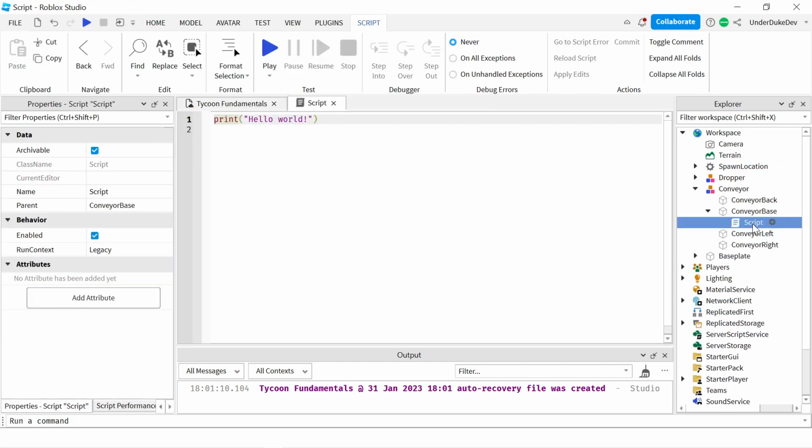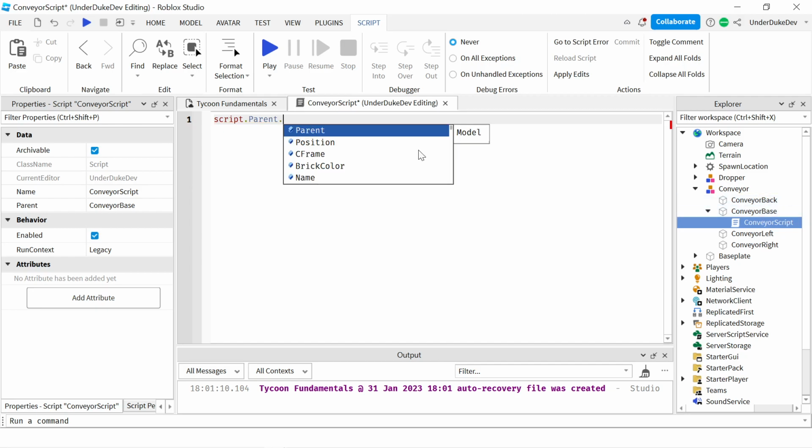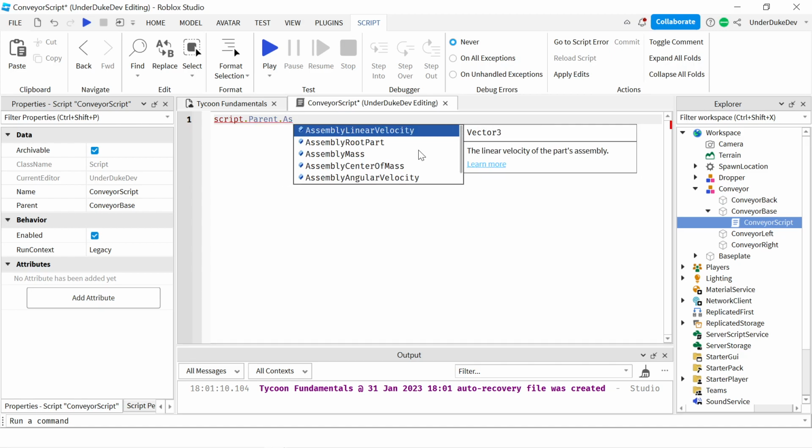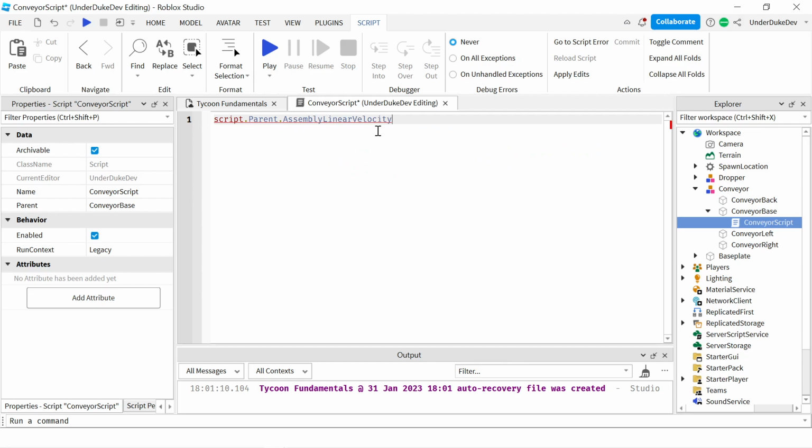So we're going to get a script here. And we're going to call it conveyor script. Now, it's very simple. So we're just going to reference the script.Parent because the script is in the conveyor base. And we're going to get its assembly linear velocity, not the angular. We want the linear. And then we're going to make that equal to